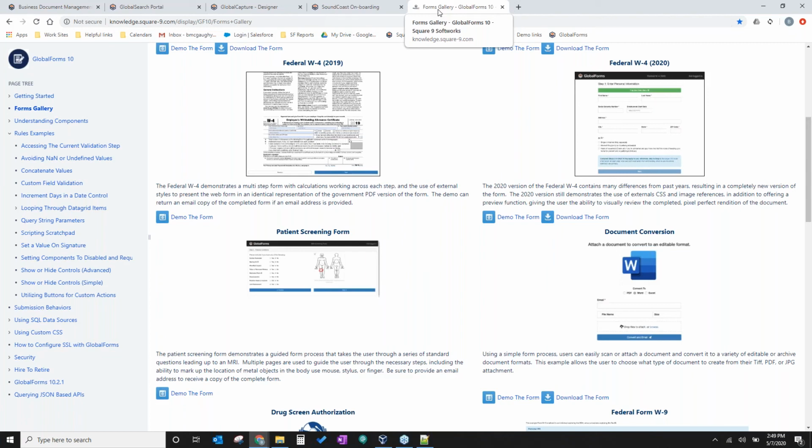Anybody can access this software via a browser client, whether it be Google, Internet Explorer, Edge, Safari, all the major ones, Firefox. It's going to work with any of those versions of browsers, and you can access this from anywhere.